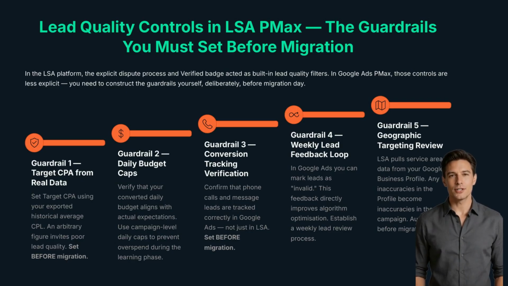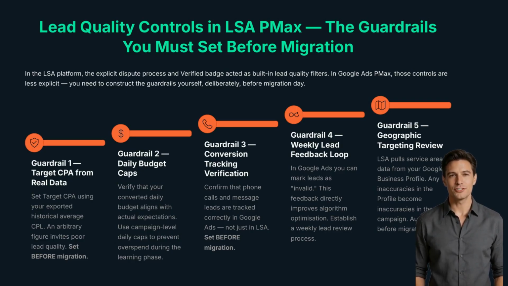Fourth, build a weekly lead review habit. In Google Ads, you can mark individual leads as invalid. That feedback directly informs the algorithm's optimization. Without consistent lead quality feedback, the algorithm lacks the signal it needs to improve lead quality over time. Fifth,